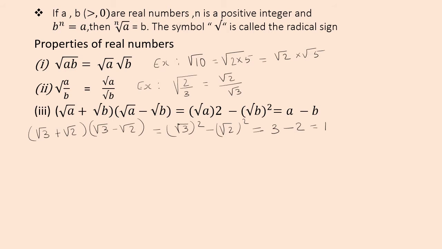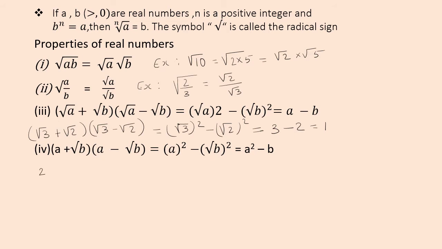Now the fourth property is a plus root b multiplied by a minus root b, that is a square minus root b square, that is a square minus b. You can do it with an example, that is 2 plus root 3 multiplied by 2 minus root 3,